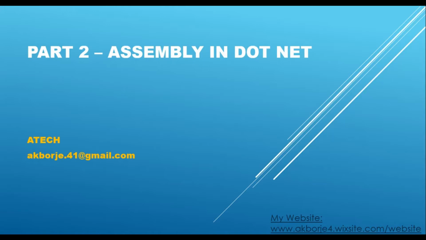So coming back to the video, we'll see how assemblies are generated depending on the type of application we create. First we see what is assembly. A basic simple definition is that an assembly contains all the types and the resources. Basically it is a collection of types and resources. But how do assemblies in .NET generate and how is a .NET assembly different from a normal assembly? For that matter, let's jump into Visual Studio. We'll see that in action.